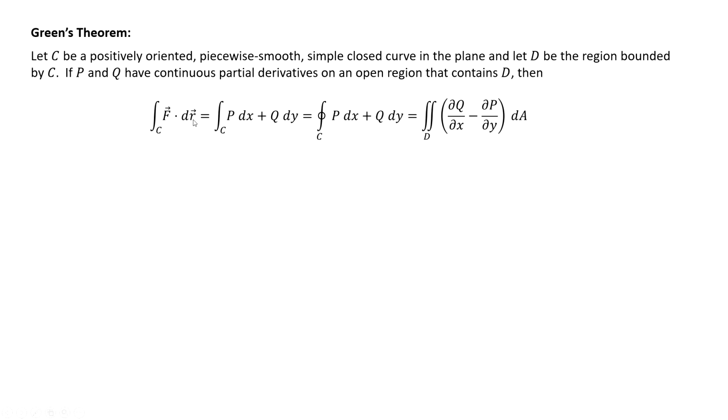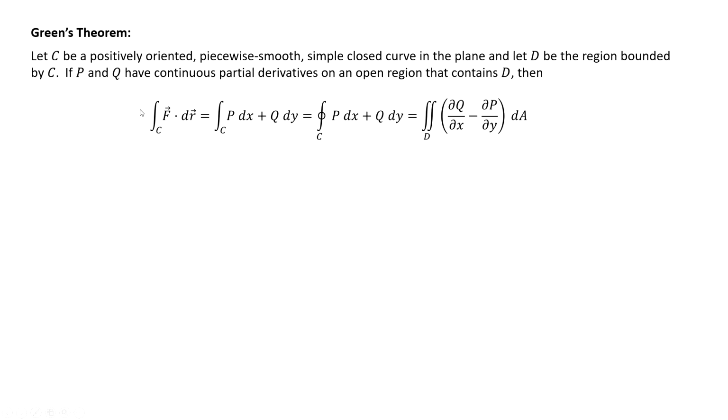F dotted with dr, the integral on this, the contour integral F dot dr, F is a vector field, and dr, R is the parametric form of the curve. That integral is nothing but integral of P dx plus Q dy. What is this P and Q? Well, we are saying that F is nothing but